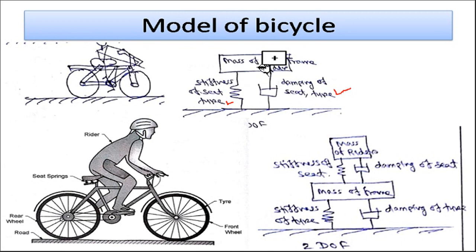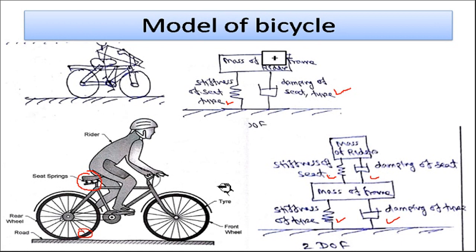So here I am going to consider the mass of the rider plus mass of the frame, whatever is there. So this is nothing but a simplified mathematical model. Now again, if I have to go for a detailed model of this, what I can do is I can provide this portion separate and this portion separate, having stiffness and damping. So if I specify here the stiffness of the tire, and damping of the tire at the bottom, and then I'm going to consider the mass of the frame, because this frame is mounted over these particular tires, and over this frame again there is a seat. So seat stiffness and seat damping, and over that the rider is sitting. So this is the 2 degree of freedom model for this particular cycle.